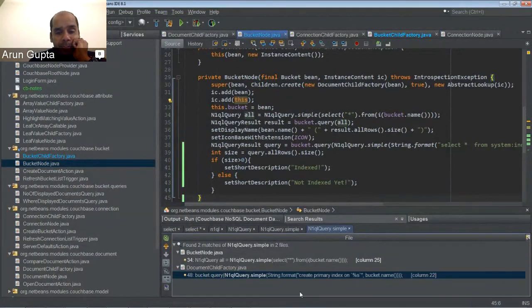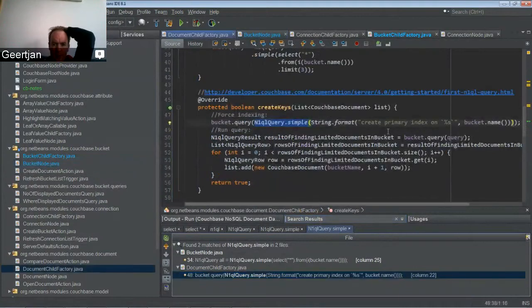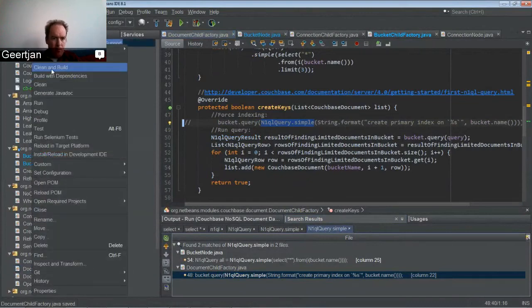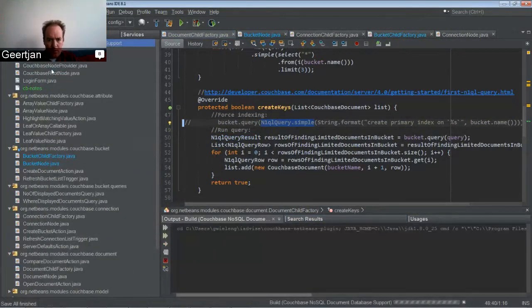But the point is, aren't we forcing the indexing already over here? Yes, you are. So I think in that case we should disable this. Yes. Okay. Disable that. Okay.